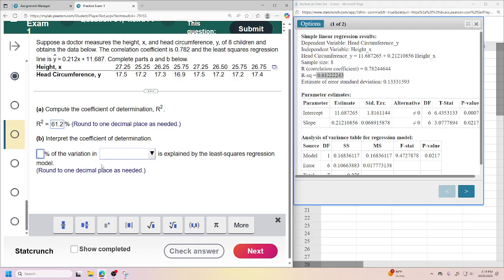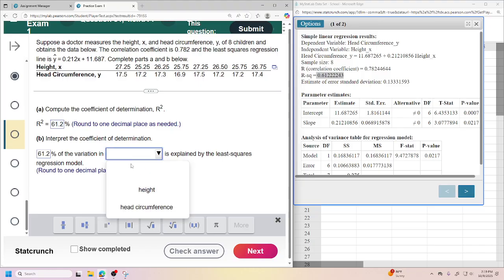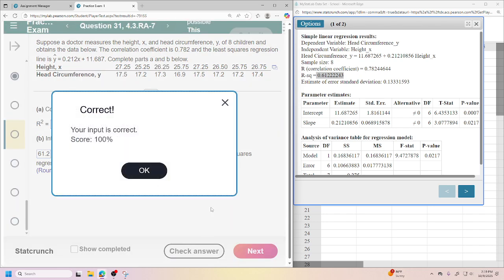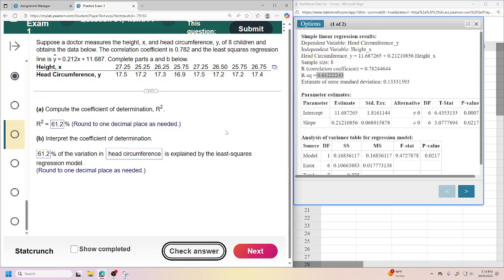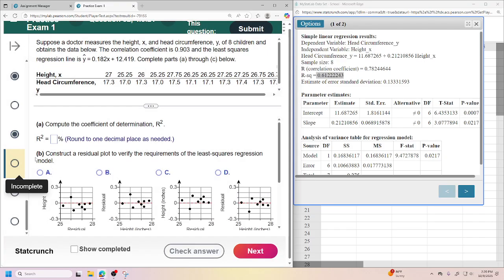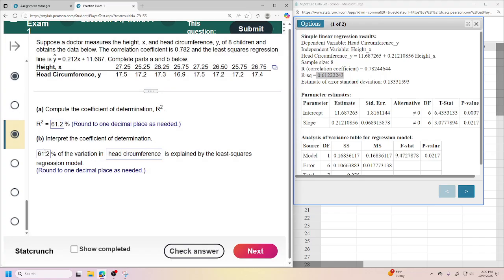61.2 and 61.2, I think, and I think this is the y value. It's always the y value here. Yep. And you can see how fast that one was, right? That's the whole question. So leave those long questions for the end for sure. But right here, you're going to write that down. This is the y value. This is the y value. Whenever they ask this question with variation in blah, blah, blah explained, it's always the y value right here.